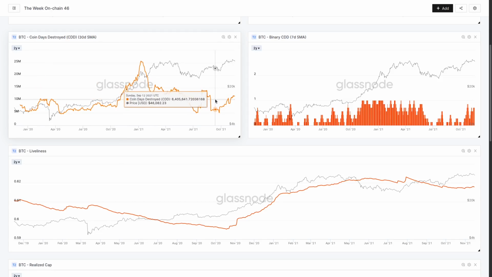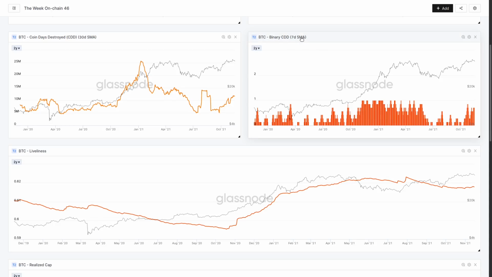Now we can actually see this in a system metric called binary coin days destroyed. So it uses the same concept. We can clearly see that this is kind of a stable baseline, and this is an acceleration where we get a lot more coin day destruction. So if we took a long-term average, what's an average amount of coin days that are destroyed on any particular day? Now, if we're destroying more than average, it's suggesting that it's an above average day, there's more older coins on the move, and therefore binary coin days destroyed will return a 1. If it's less than the average, it will return a 0.